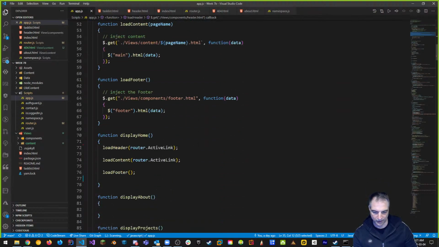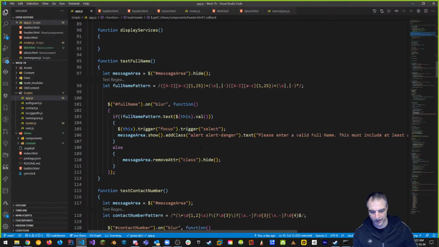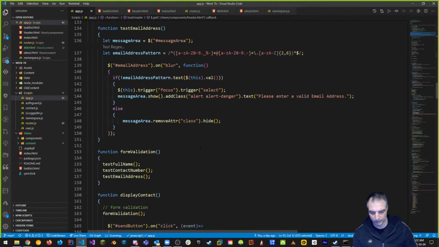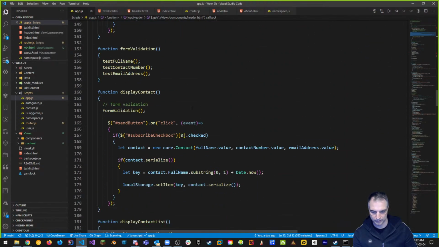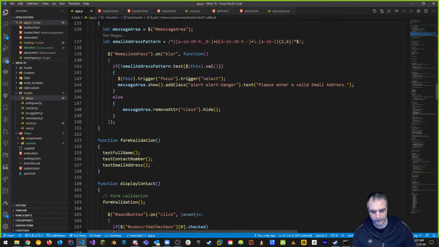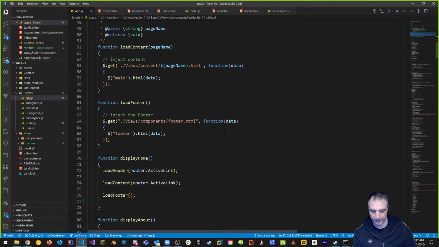But I'm doing my load header and my load content and load footer for my display home, and it's actually displaying everything. So display home now doesn't make any sense, right? But how do I add functionality? Because I really want to have this functionality here, my display contact stuff, kind of active, whatever my page is. I want to intercept it and,